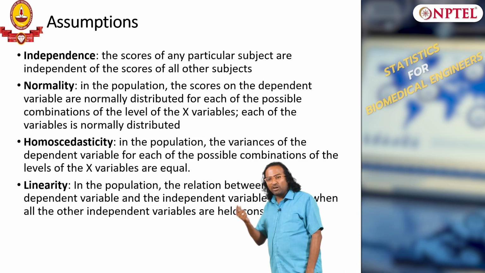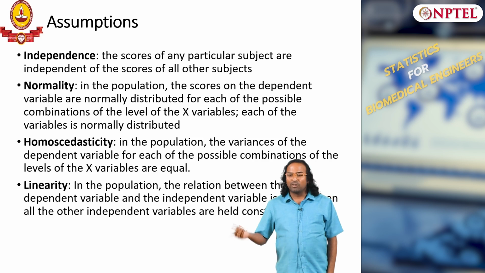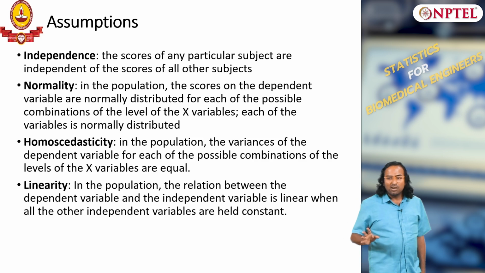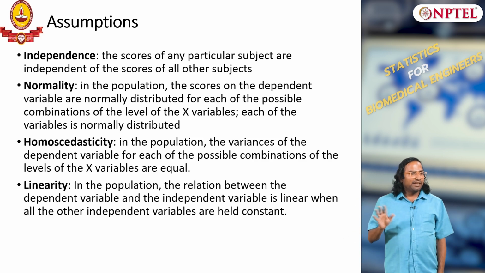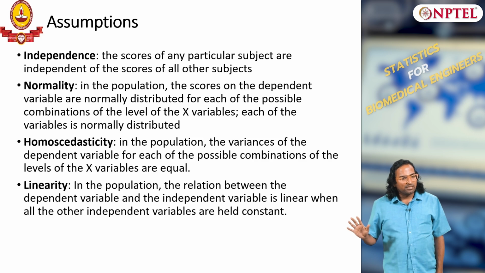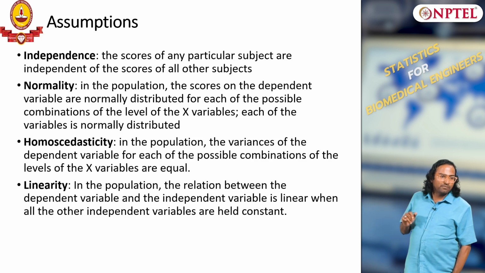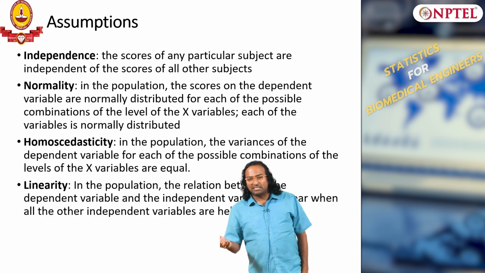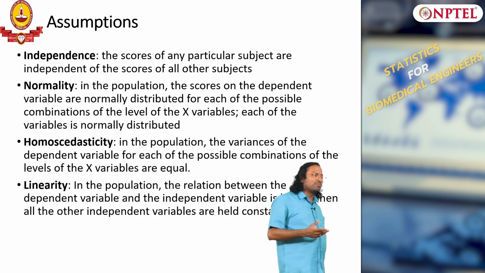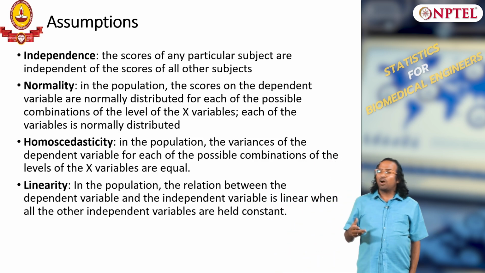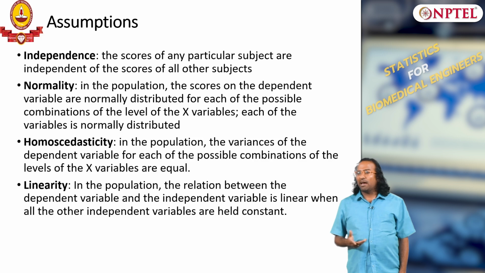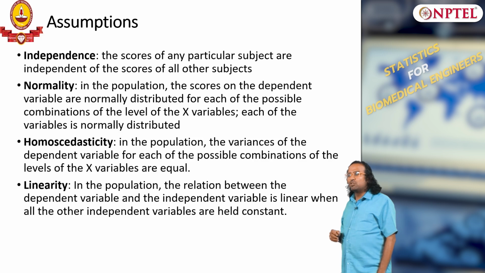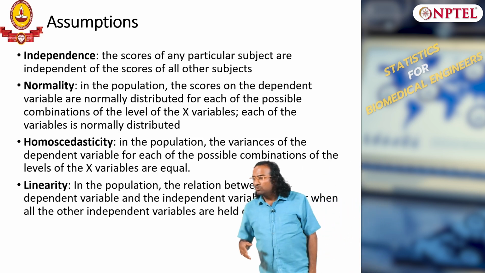That is an extra assumption we make in multiple linear regression. In single linear regression you have only one independent and one dependent variable, so no problem. Here I assume that if there are multiple independent variables, they are really independent, or no relationship exists between them. That is usually tricky, because many times there will be relationships, and that is where feature selection comes in. In modern machine learning terms, we call it feature selection, because you do not want all of them to be used, as they will have relationships. Not all variables are independent variables. So you want to pick only those variables which are independent and use them to model.